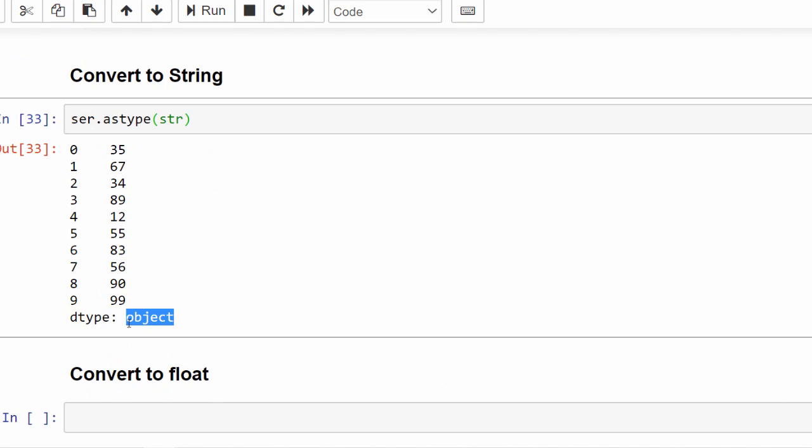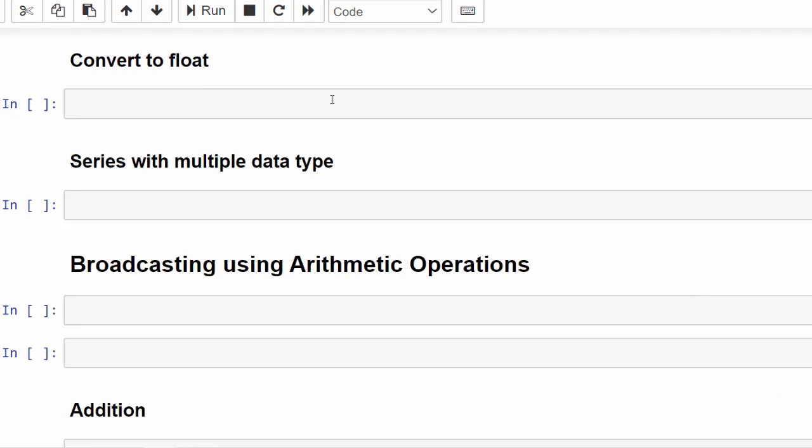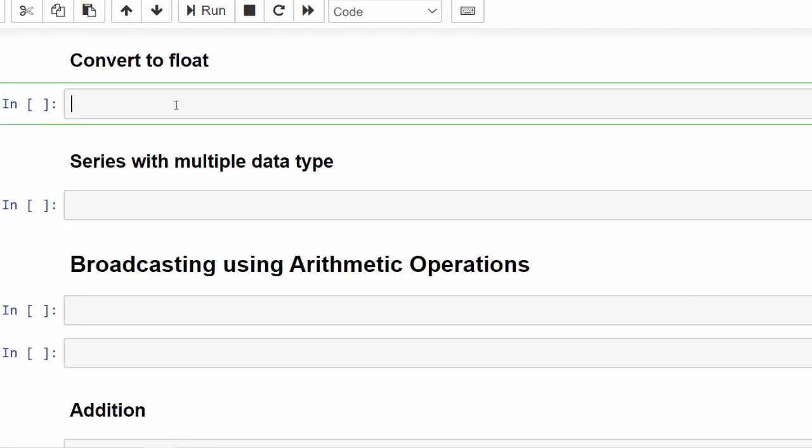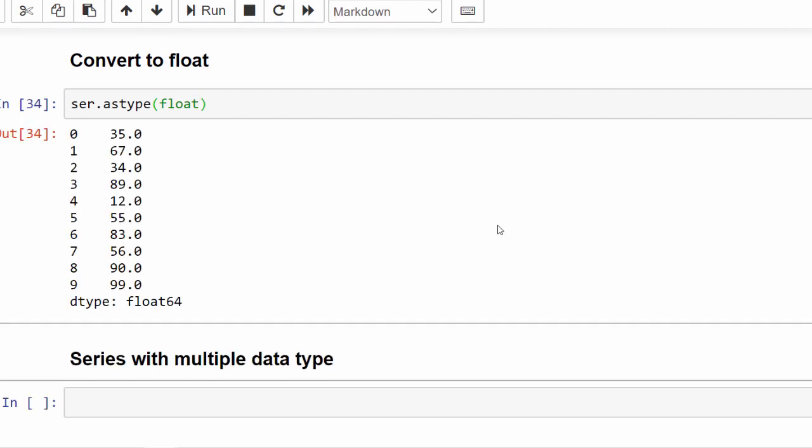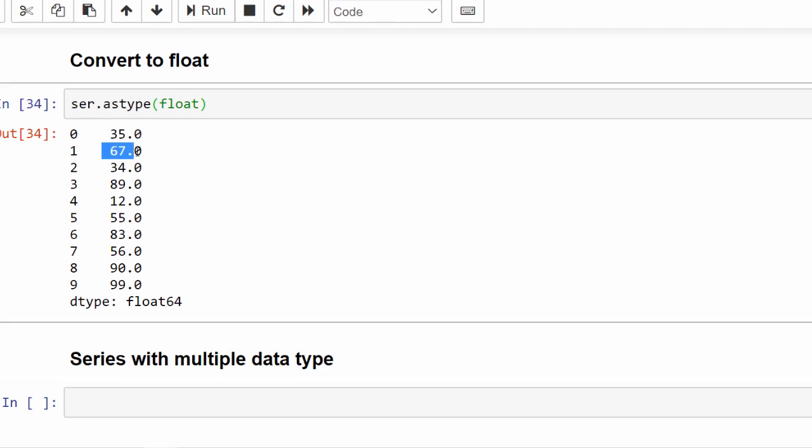That's why the dtype is mentioned here as object. Same way, converting it as float. So ser dot astype, the argument value is float. So execute, all the integer values are converted into float. That's why here decimal points are mentioned and dtype is float 64.